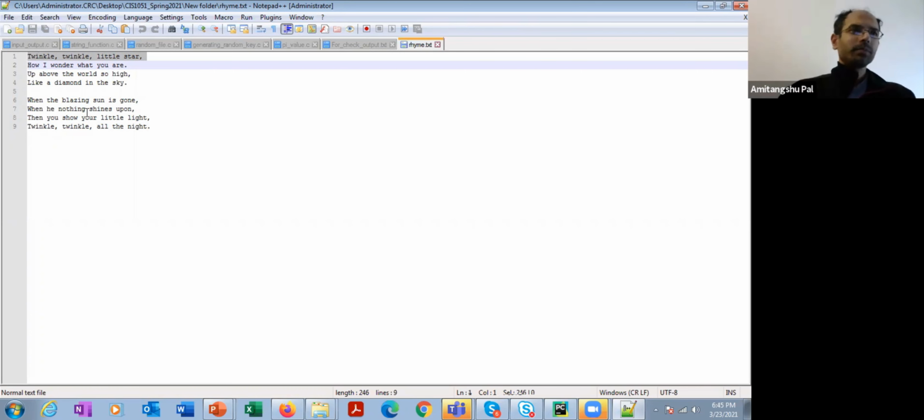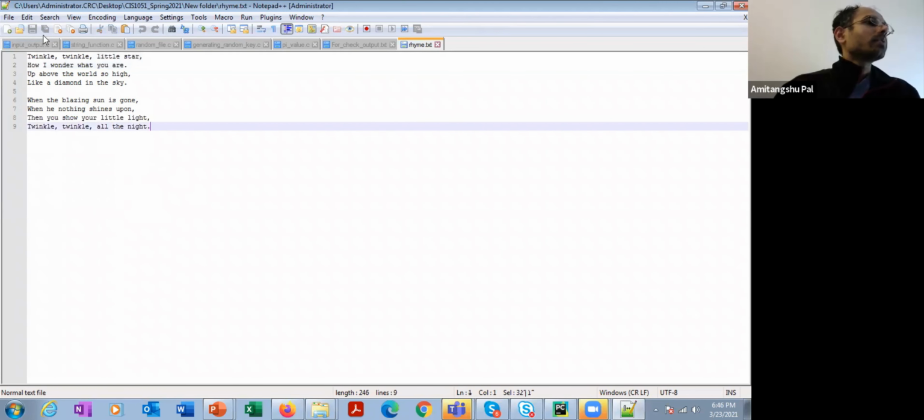Basically, I gave you this file and I'm asking you to write a program that is going to output the unique words in this file. So the idea is that I'm going to read line by line and then store it in a set. As the set consists of unique elements, this twinkle and this twinkle are not going to be repeated, because they are identical. All right. So let's write this program.